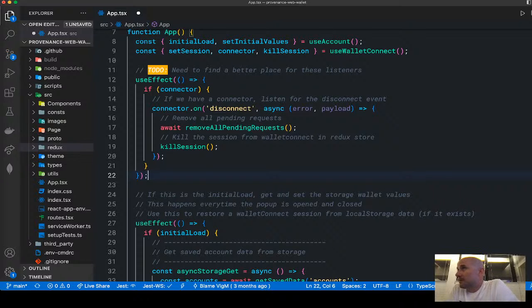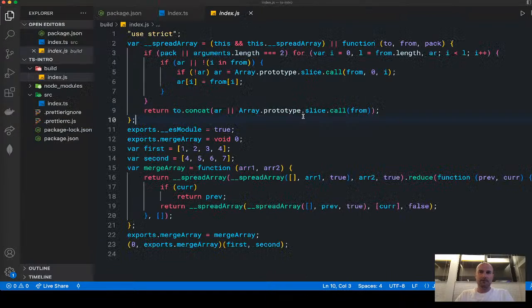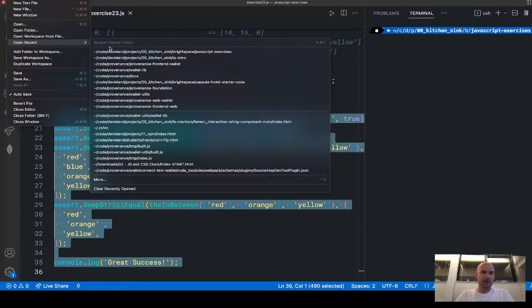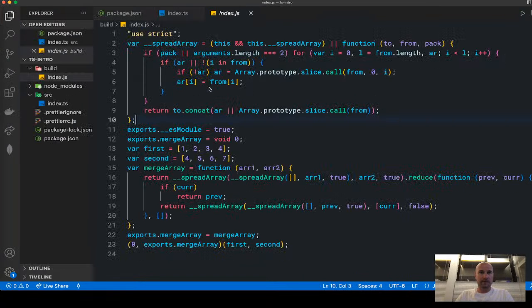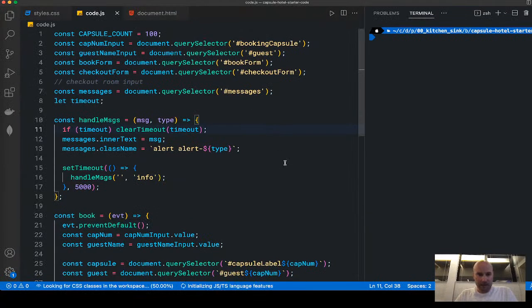Nope. For the Capsule Hotel, assigning things to local storage, is that difficult? No. Are you trying to keep what's in there? Yeah. I'm just going to go back over. Do I still have the Capsule Hotel open? No, but I should be able to open it quickly. Okay, so